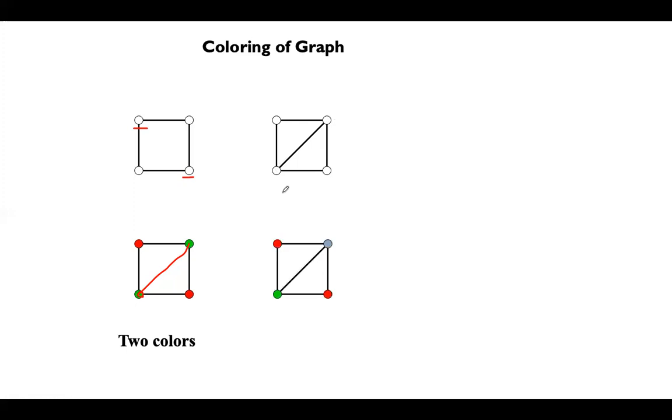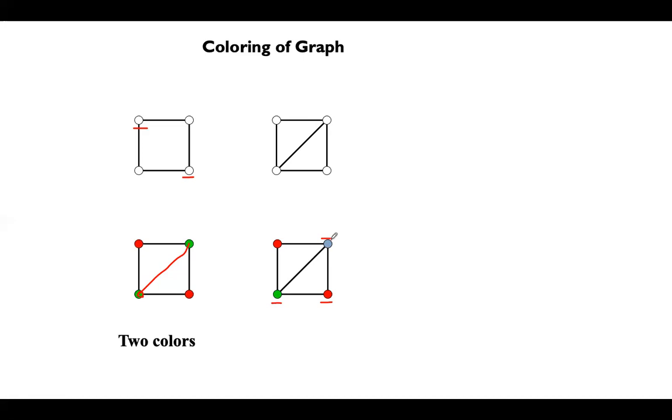Now we can assign the colors like this. I have assigned red here, so this cannot be red and this cannot be red. I will assign the same red here, as those two are not adjacent. Next, I will assign green to this vertex. If I assign green to this vertex, its adjacent vertices should not have green. This is also not green, this is also not green, and this is also not green. So obviously, you have to assign the next color to this vertex, that is, I will assign blue.